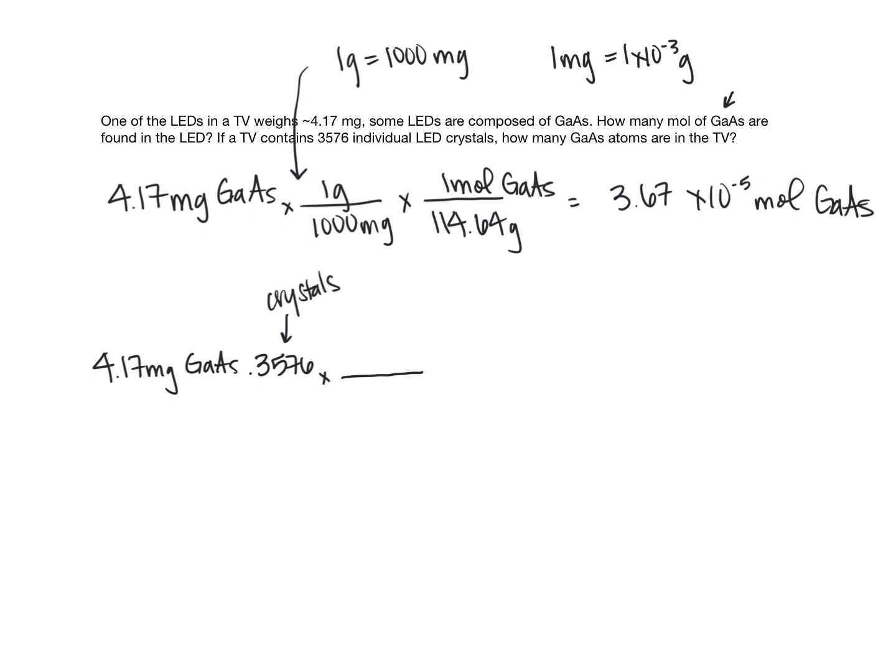Now we're going to pick up with the calculation above. We have 1,000 milligrams and 1 gram. We're going to divide by the molar mass of 114.64 grams and 1 mole